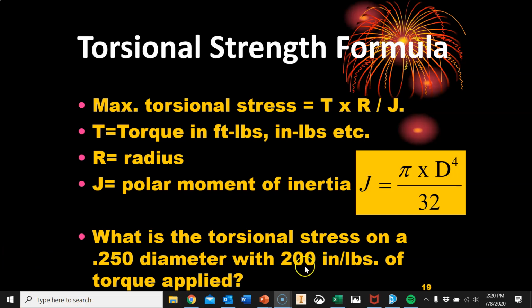And we multiply that times the radius, so that'd be 0.125 is the radius, so 200 times 0.125, and I'm just going to do this on my calculator off screen. And 0.125 times 200 equals 25, and then we take the 25 and we divide it by J,